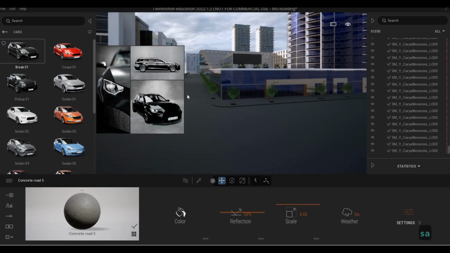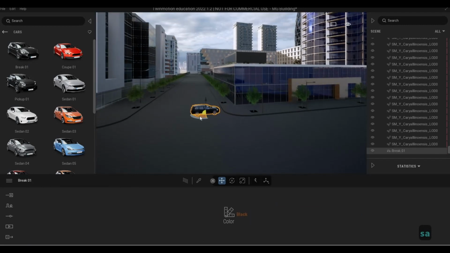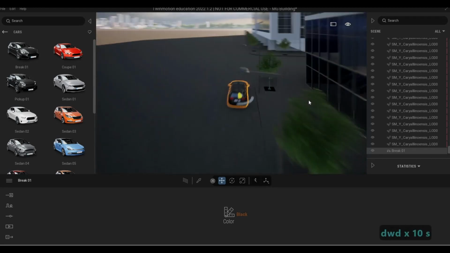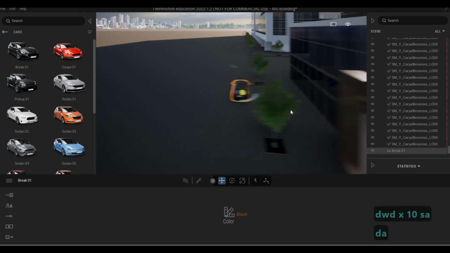So need to add some cars. So just drag and drop some cars. This one needs to be rotated. So rotate 90 degrees or 180, sorry, so that we could park it onto this spot. We need to scoot it from the sidewalk,